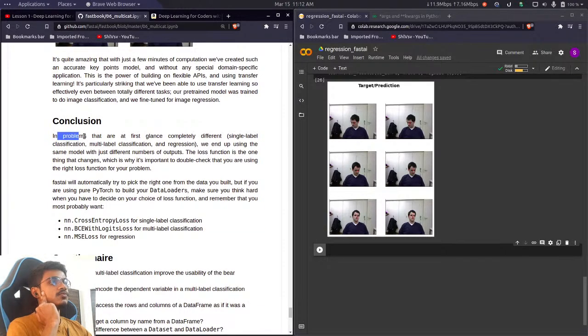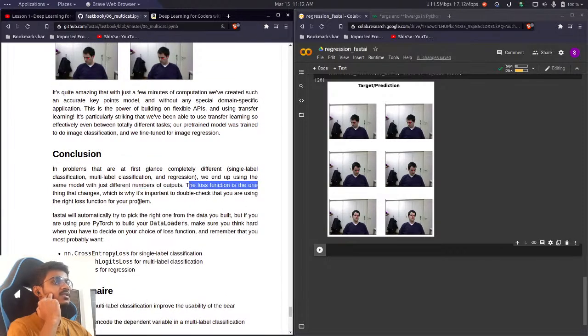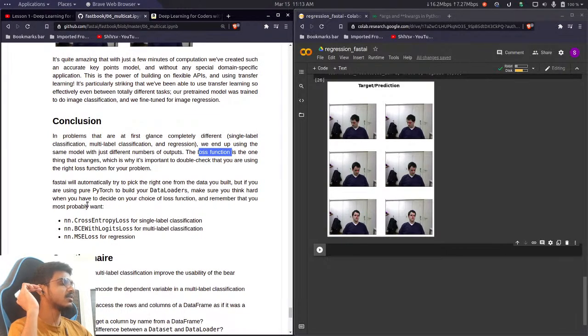Okay, what's the conclusion? In problems that are at first glance completely different, single label classification, multi-label classification, and regression, we end up using the same model with just a different number of outputs. And the loss function is the thing that changes, which is why it's important to double check that you are using the right loss function for your problem. Right, so using the correct loss function is the key thing, and fastai will automatically try to pick